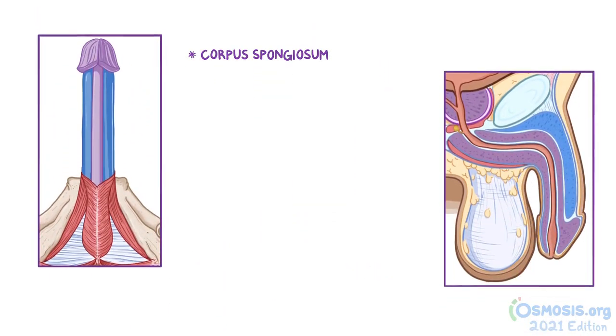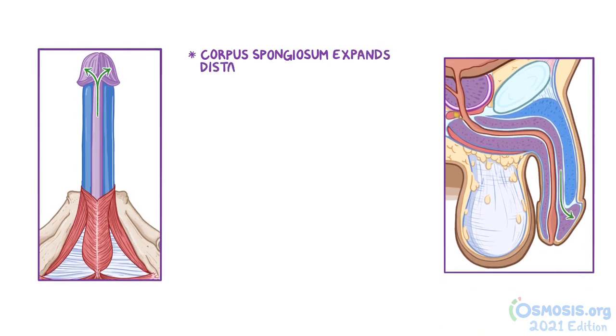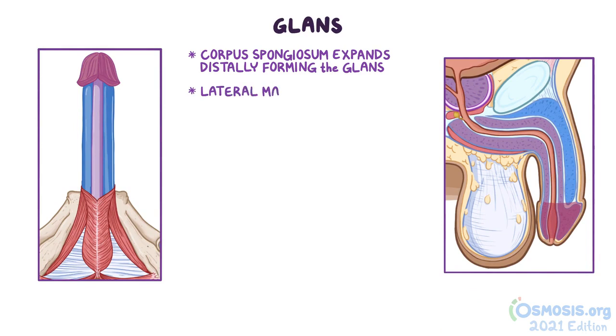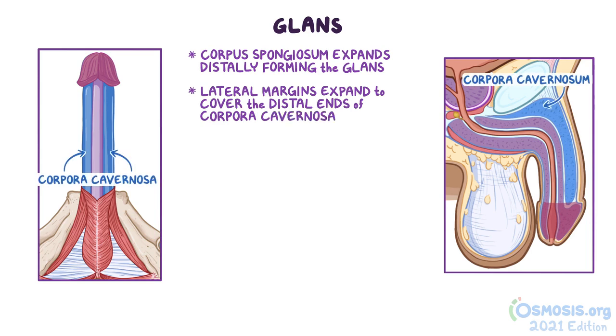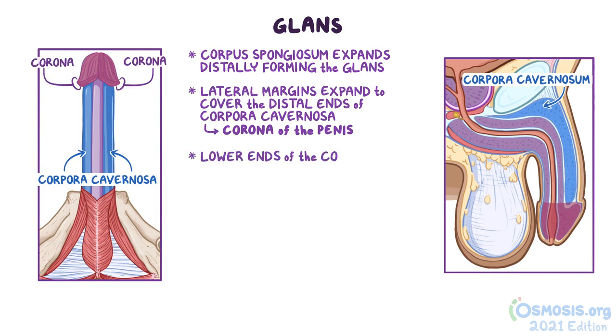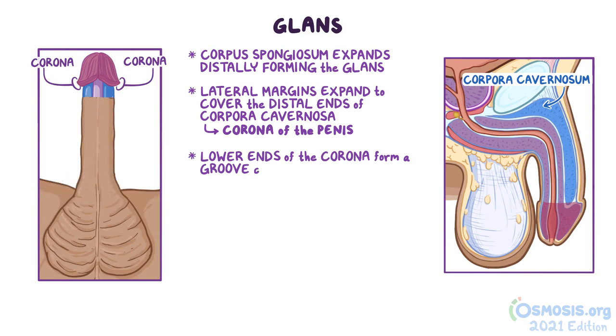Now, the corpus spongiosum courses through the body of the penis and expands distally, forming the glans penis. The lateral margins of the glans penis expand to cover the distal ends of the corpora cavernosa. These extensions are called the corona of the penis. The lower ends of the corona form a groove that connects the body of the glans penis, called the neck